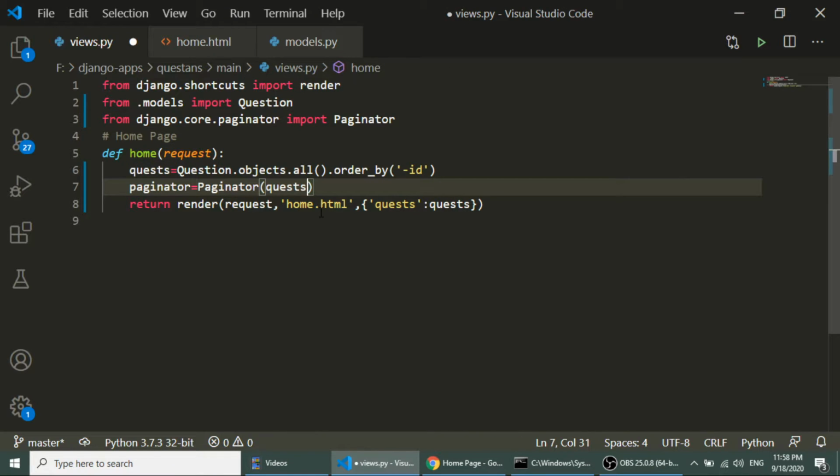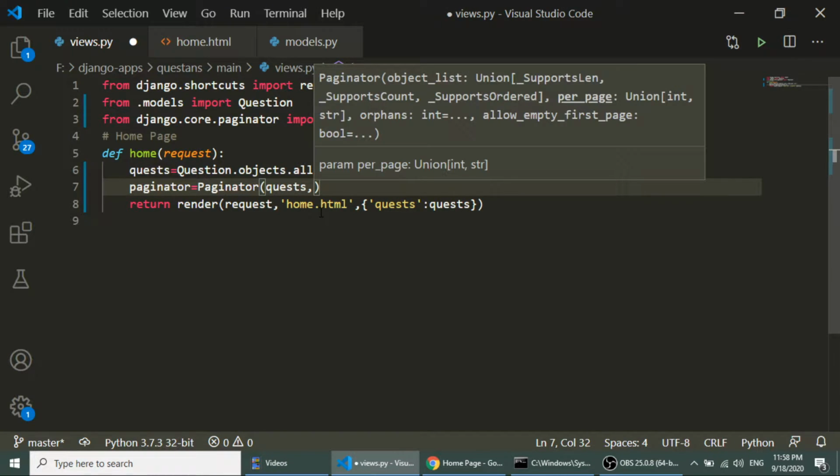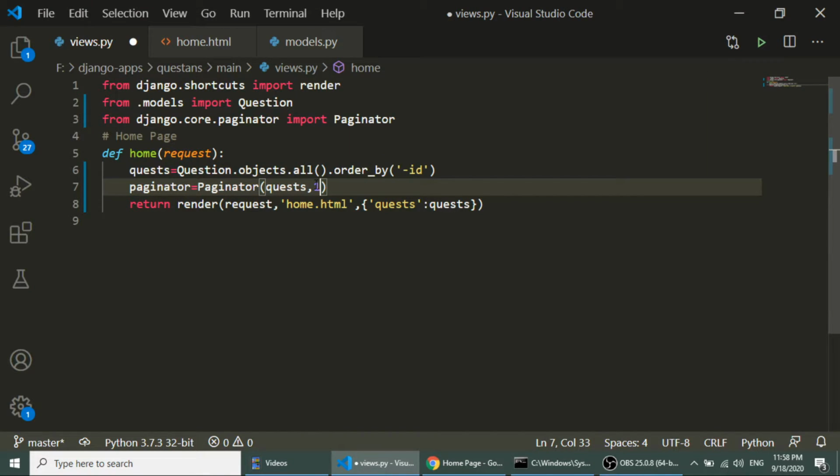I will give the pagination documentation of the Django official website in the description, so please check the description. And here I will pass the second argument, which will be our limit, that is how many items I want to show on the current page. So this is 1, and this is the paginator.